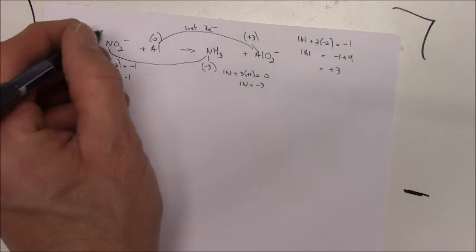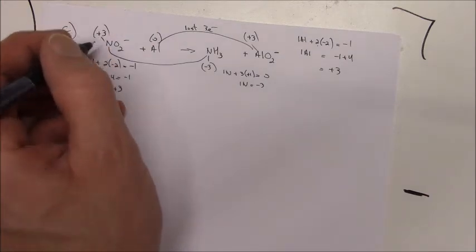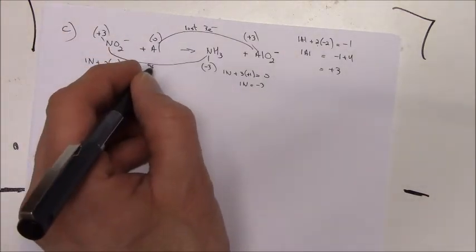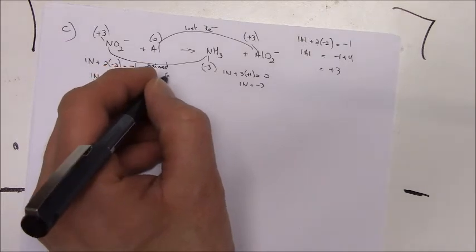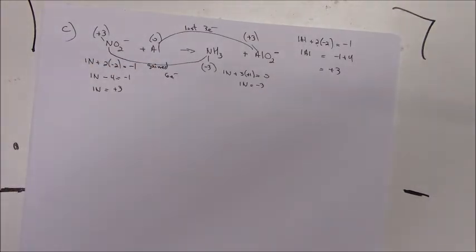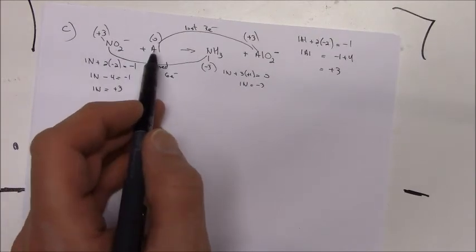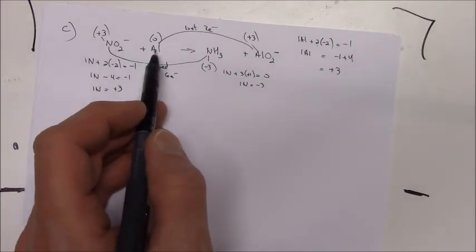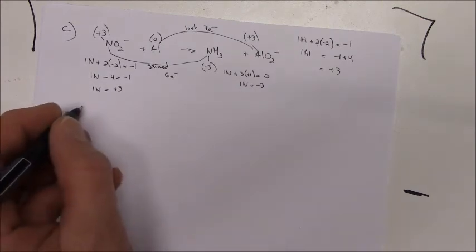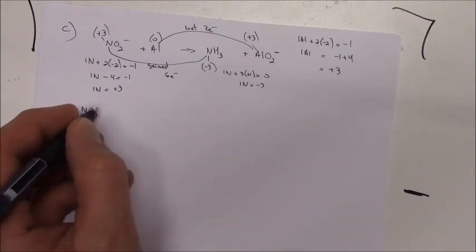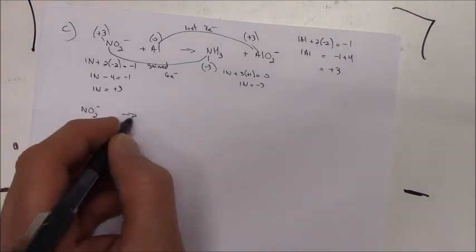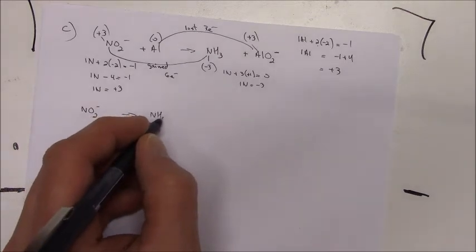This is sitting at plus 3. So this has gained 6 electrons. So I would say this is a pretty strong oxidizing agent stealing electrons from this. Right? So you're going to get NO2 minus, NH3,